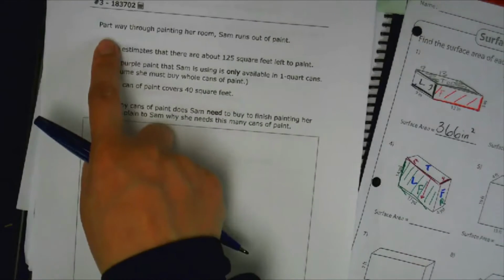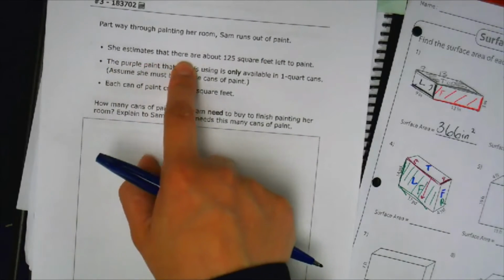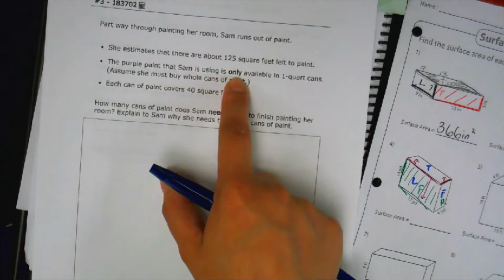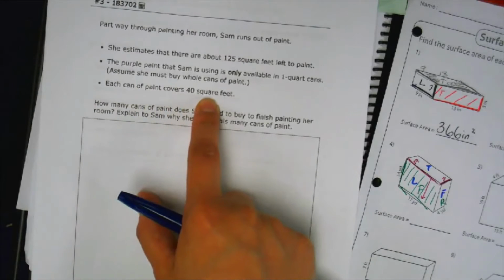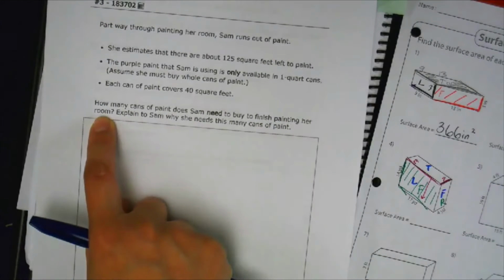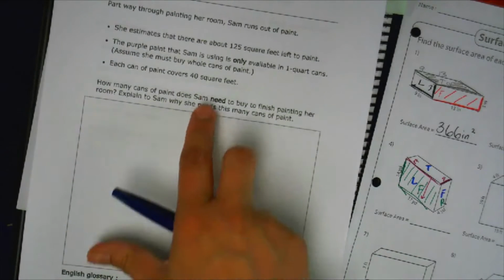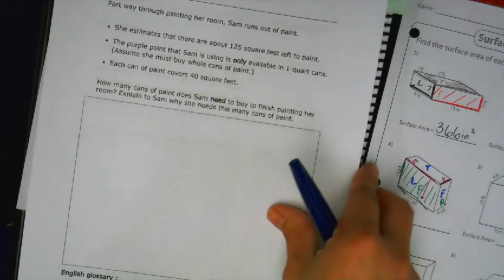Then the next part of the question. Partway through painting her room, she runs out of paint. It's terrible. She estimates that there are about 125 square feet left to paint. The purple paint that Sam is using is only available in 1 quart. Each can of paint covers 40 square feet. How many cans of paint does Sam need to buy to finish painting her room? Explain to Sam why she needs this many cans of paint. So then it has you dividing. So it's 125, 40 for each can. How many 40s are in 125? And then the next